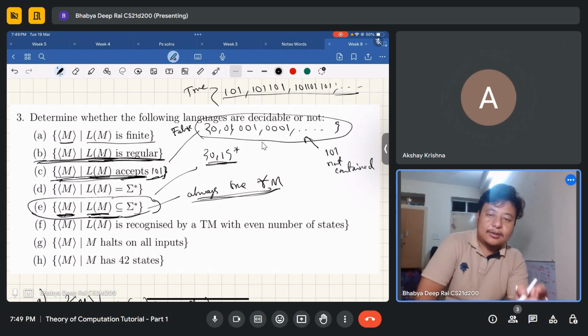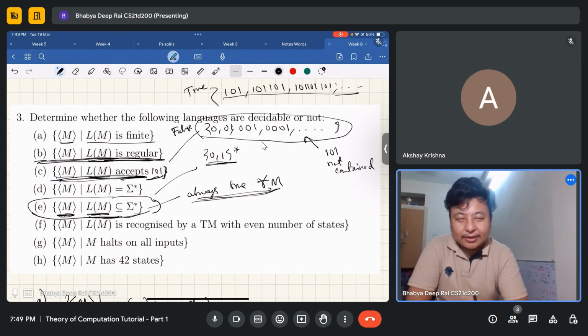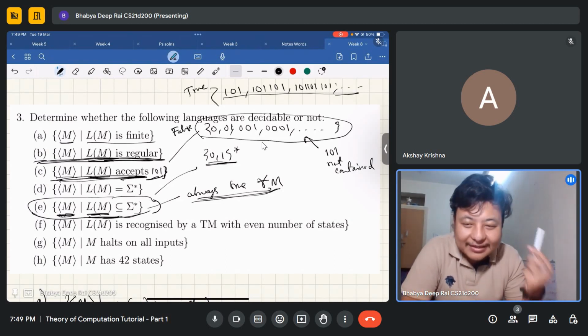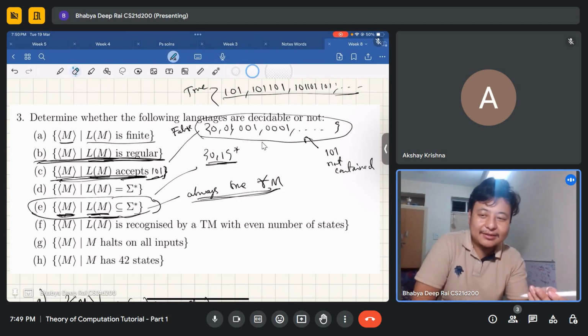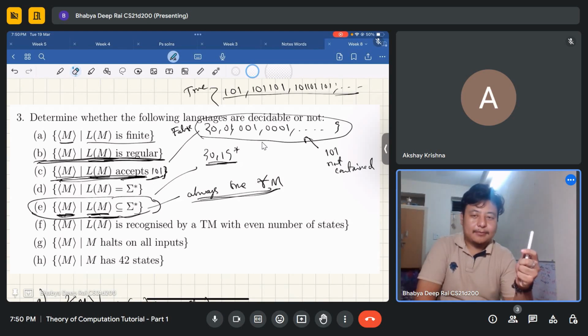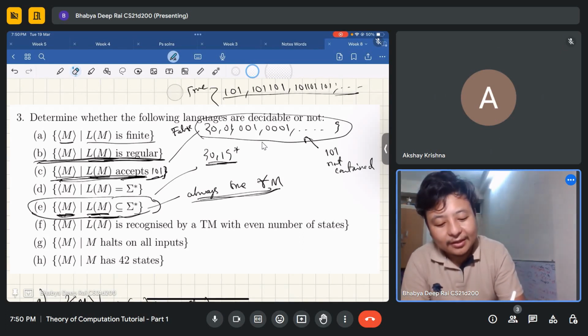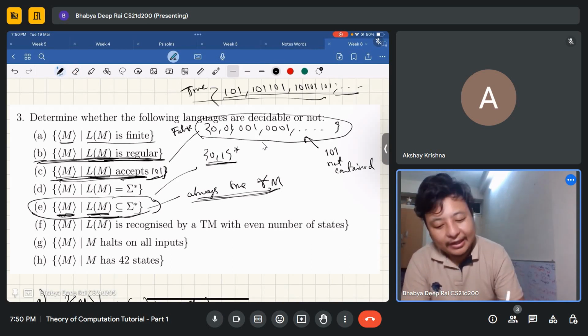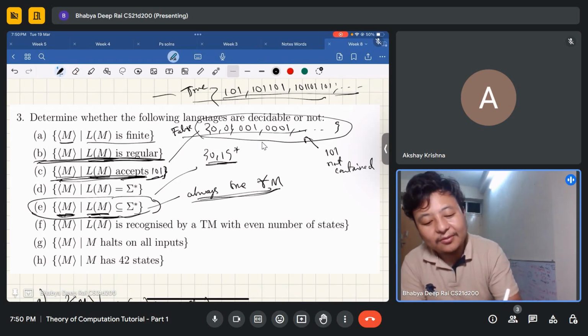If I have an example where the property is true and an example where the property is false, then is the property trivial or non-trivial? Non-trivial, exactly. I have machines where it is true and a machine where it is false. So this is a non-trivial property,